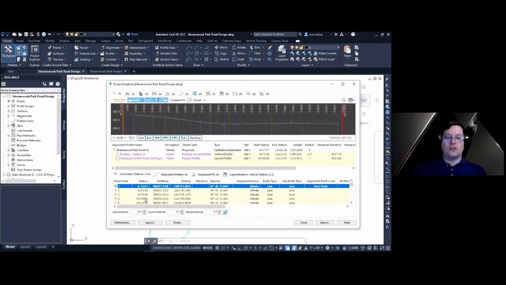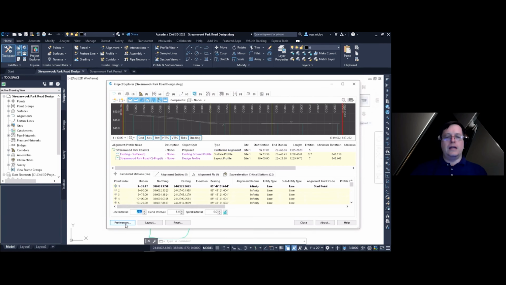In this case, I'm set to 25 feet, and you can see the stations there are 25. I'll set this to 10 feet. And now that switches out to a 10-foot interval, and I see a little bit more granular detail in between there. So I'm going to set that back to 25 so we can use that again later.